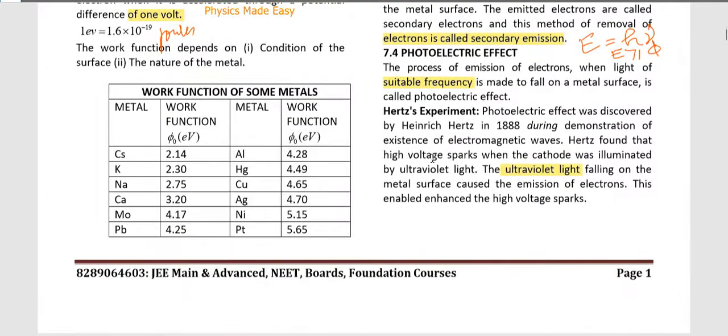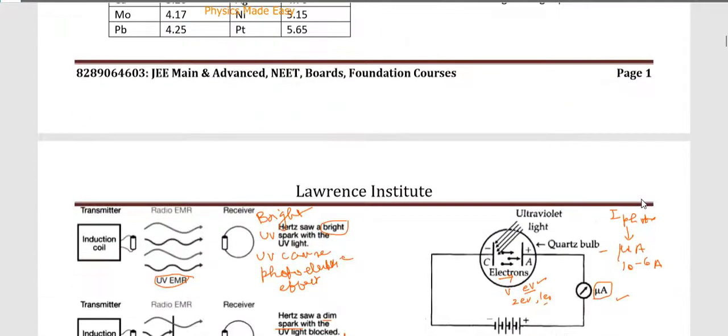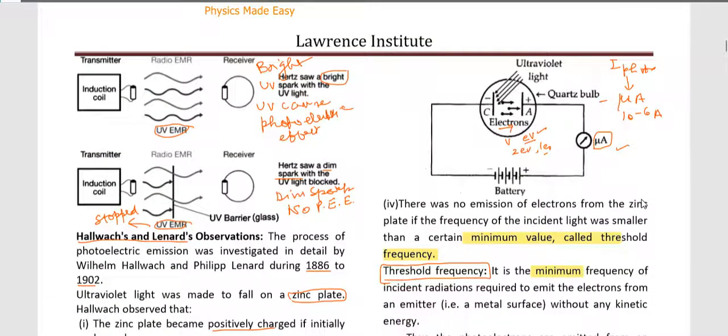And the third is by making electromagnetic radiation of suitable energy or frequency fall on the metal surface, that is called photoelectric emission. So in Hertz's experiment, it was observed that if ultraviolet radiations are made to fall,